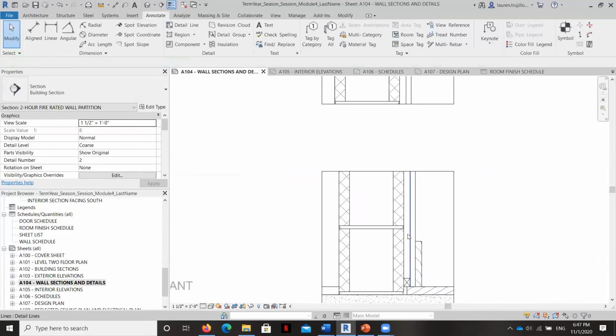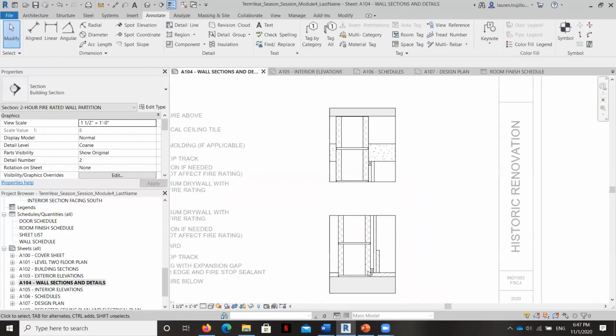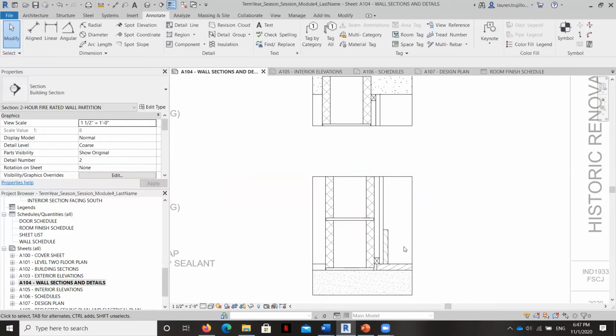And you can see same thing here, gap. We've got the drywall here, baseboard as scheduled. It could be wood. In fact, it might even be vinyl. We've got our flooring here that's wood, the gap here. And then we've got the flooring on the other side of the wall. And you can see here structure below.